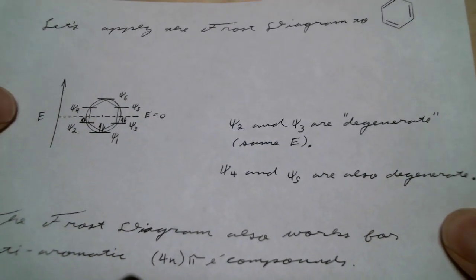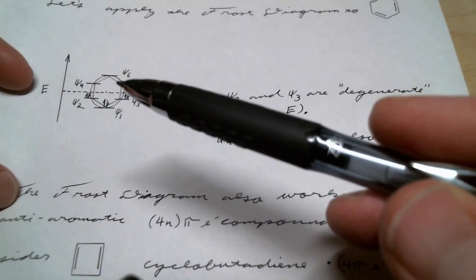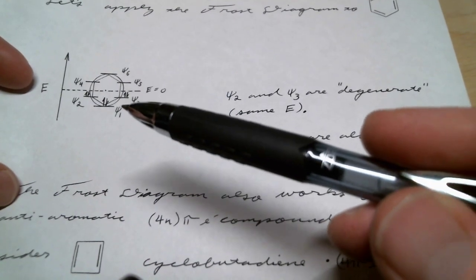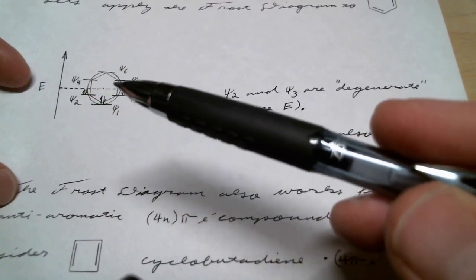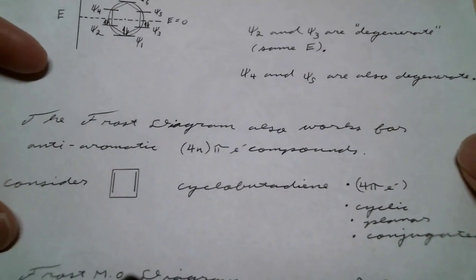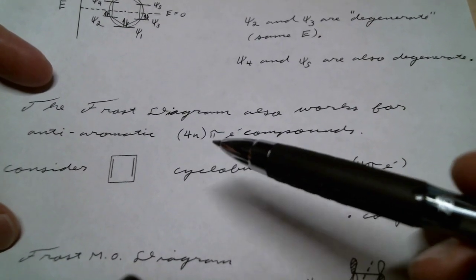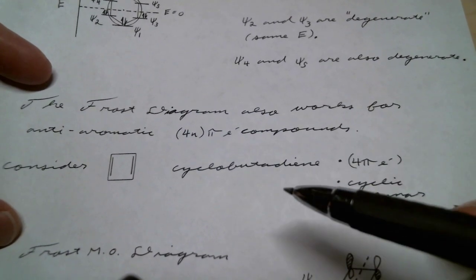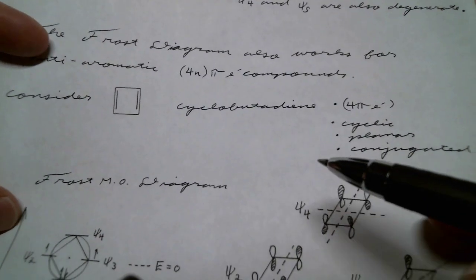also degenerate. Now I think at the beginning of our next class time series of lectures, I'll go into what these molecular orbitals look like. I think it's easier to finish this video doing that exercise for cyclobutadiene. So the Frost diagram also works for anti-aromatic 4n pi electron compounds. And if we look at cyclobutadiene,